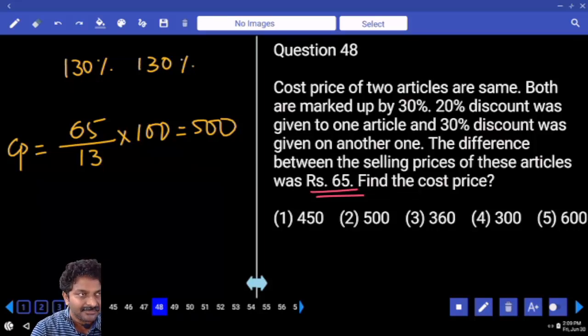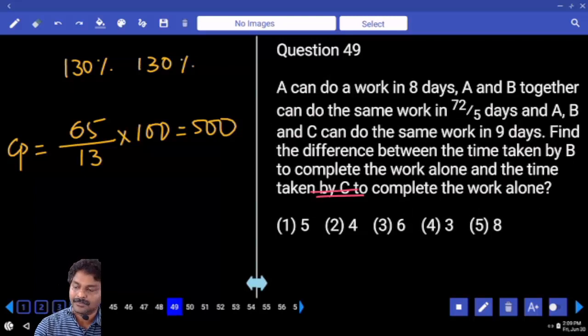Agreed or not? A can do a work in 8 days. A and B together can do the same work in 72 by 5 days. A, B and C can do the same work in 9 days. Find the difference between the time taken by B to complete the work alone and the time taken by C to complete